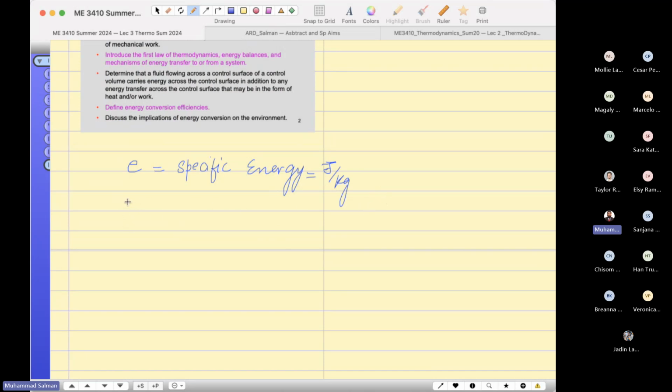Another thing you will study here is m dot. Dot stands for flow rate. What is the mass